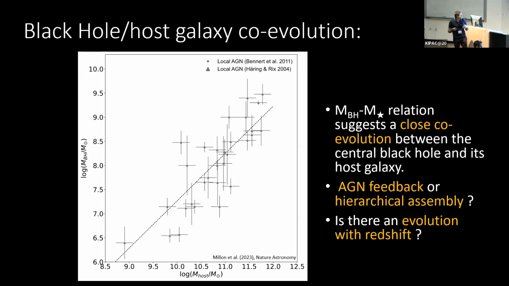Or another theory could be that the most massive black holes were living in the most massive halos at the beginning, and you could conserve those correlations across redshift through the assembly of the halos and the merging of the black holes. So what you really want to do is to study those correlations not only locally but